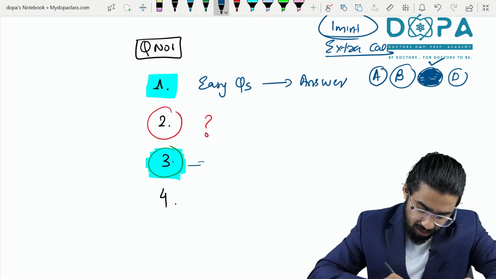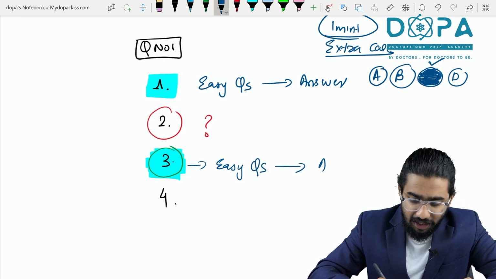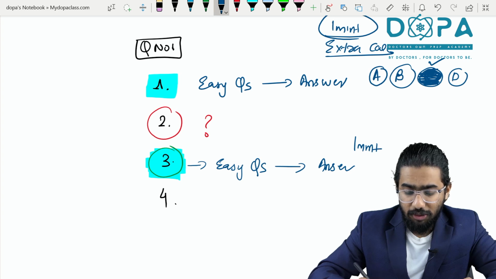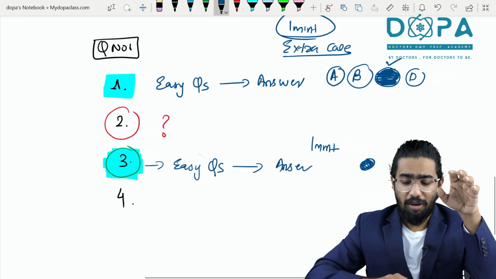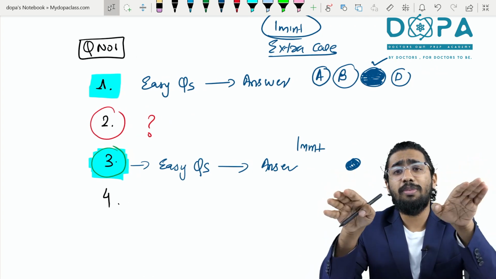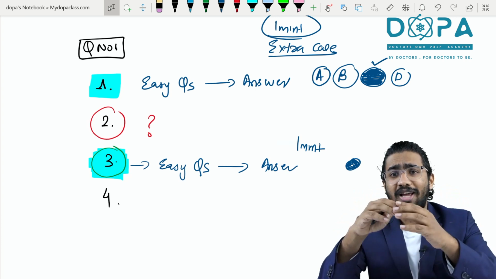So if it is an easy question, what will you do? Directly go for the answer and you have to put how much time? 1 minute for that easy question, mark that and bubble your OMR sheet also. After the bubbling of your OMR sheet, that is completed. You are making sure that you will have 4 marks from that question